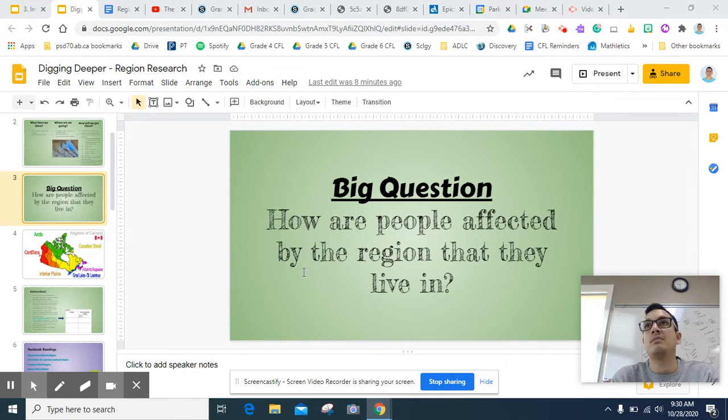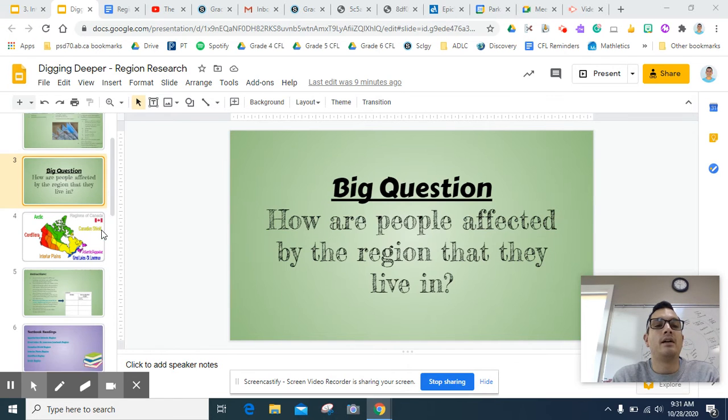So something that you might talk about are, well, the jobs that it provides in forestry, right? Because we have now this natural resource of trees, and people are able to have jobs, and there's industry that's created by that. You might also think about, okay, we've got all these great forests. That also leads to us having some opportunities for recreation. We've got national parks and provincial parks within these great forests. So that's how I want you thinking as you are recording this information is does this affect the people in this region?